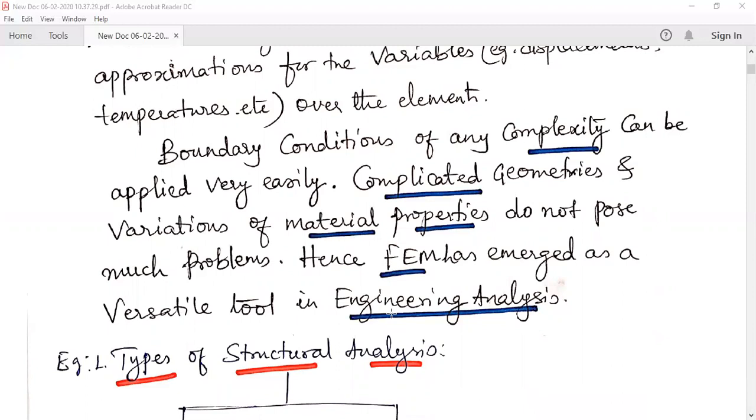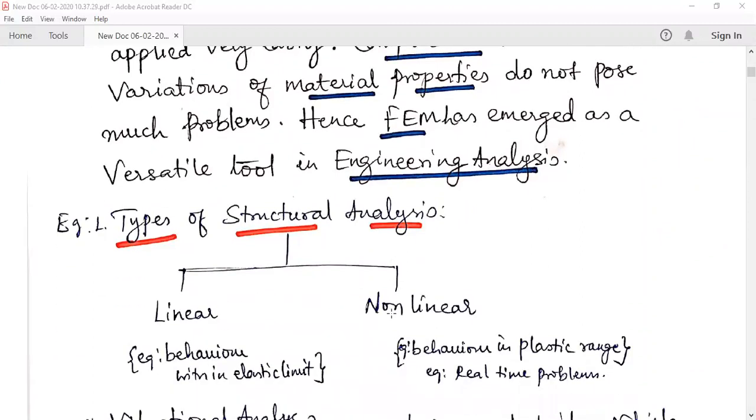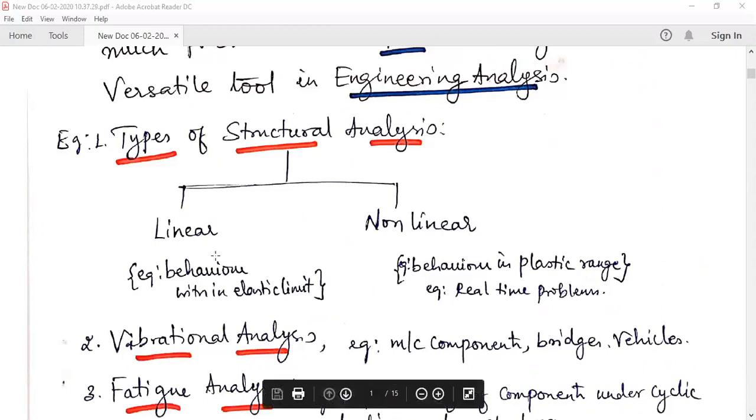As you are familiar with design steps, analysis forms one of the crux of the design steps. Of the synthesis, you need to perform thorough engineering analysis in order to validate your design and also make sure your design is going to perform functionally better, safely, and satisfactorily in real-time conditions. So let me just go through the different kinds of analysis. That is the gist of the affairs in structural analysis. We have linear structural analysis and non-linear structural analysis.